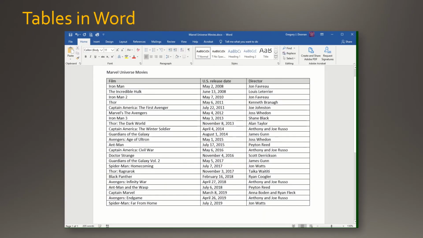All right, let's first take a look at a Word document with a table. So this is a document that I've inserted a table, and that table contains all the Marvel Universe movies that have been created up to this point in order of release date. So in Word, our table has the headers up here, and of course the name of the table and the